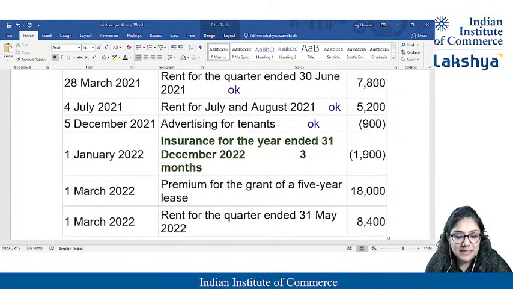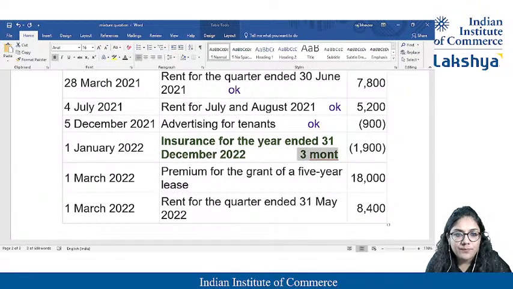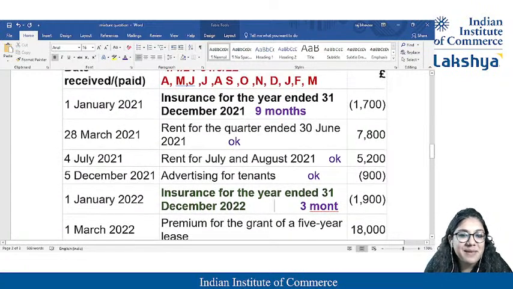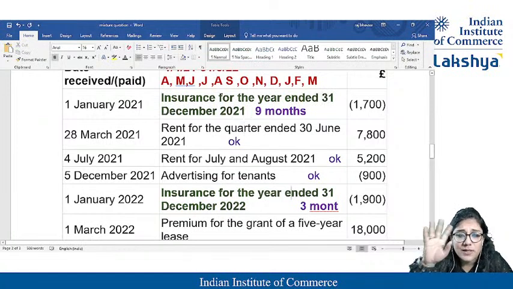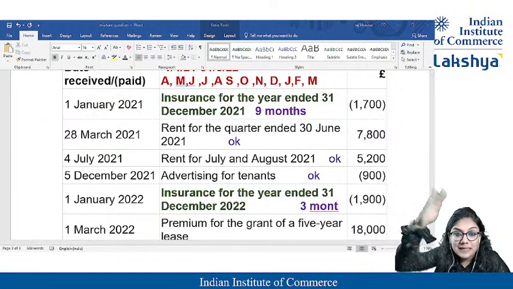Are you getting these things? 3 months. So ma'am, how will I analyze that? How will I understand that? It's written, right? Over here it is 3 months. Upside it will be 9 months. Are you not completing 12 months on your own? Yes ma'am, we are completing 12 months. I have made both these things green so that you can easily analyze. Okay, insurance, it's cool. Ma'am, 9 months is done, 3 months is done.